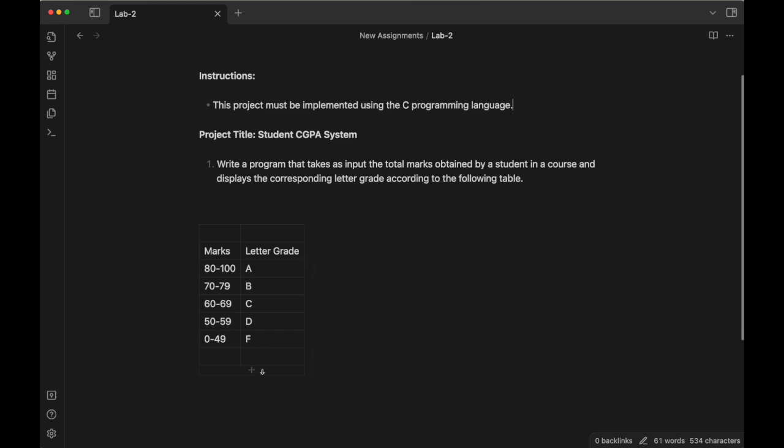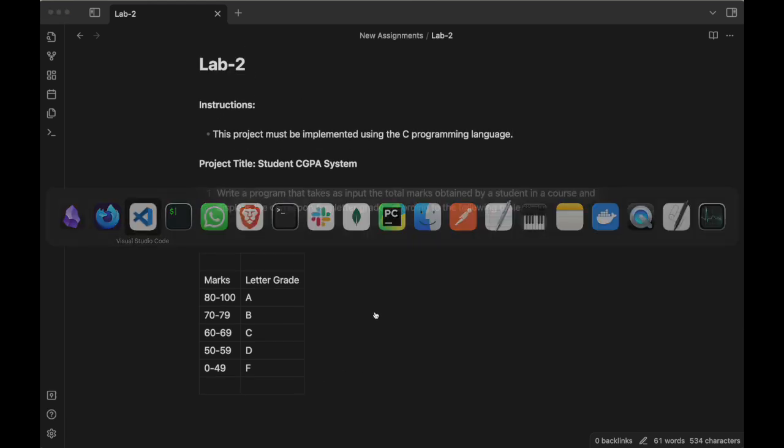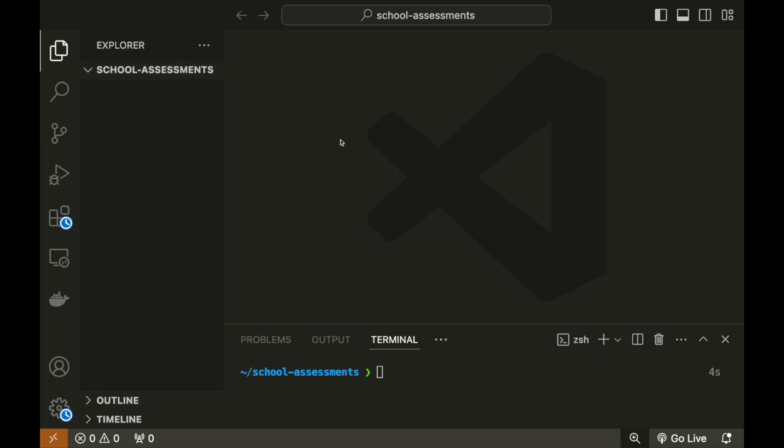So if the input we receive is between 80 and 100, we'll return A. If it's between 70 and 79, we'll return B, and so on and so forth. So you get the idea. Now let's get to the fun part and write the C program. So the first thing I'm going to do is to create a file called